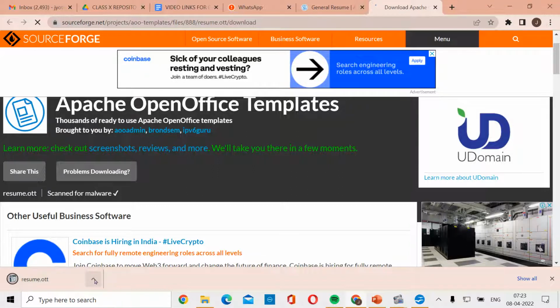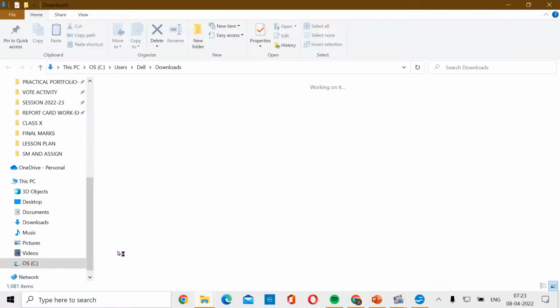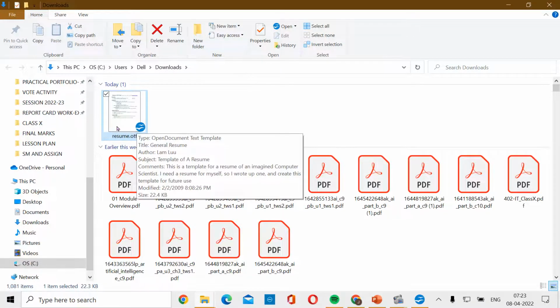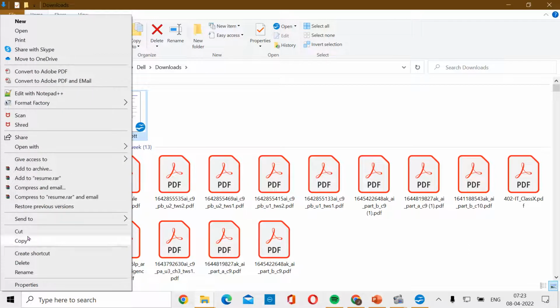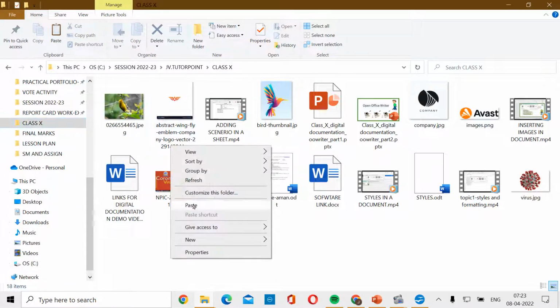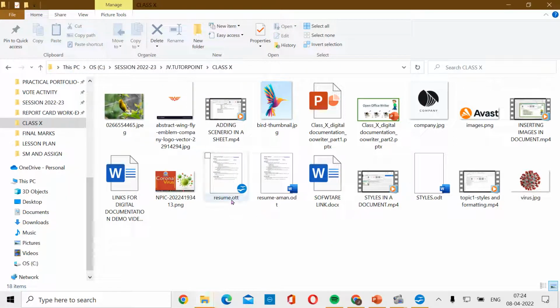Now what I am doing is I am showing this particular file in the folder. Just see, the file has been downloaded in my download section. I am moving this file to my folder, class 10th. Once I have pasted this file, you will see this is a file called resume.ott.